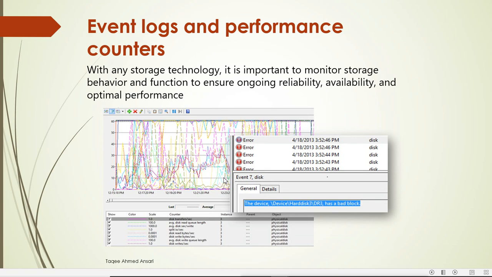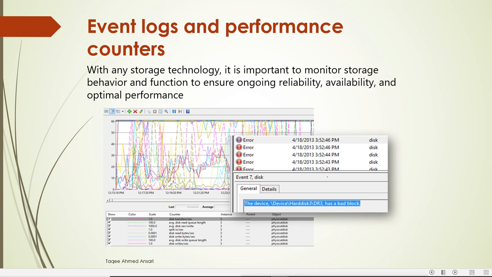Then for managing the storage spaces, we can also use Event Viewer, the event logs and performance counters. With any storage technology, it is important to monitor the storage behavior and function to ensure ongoing reliability, availability and optimal performance. So for managing it, we have to monitor it also.